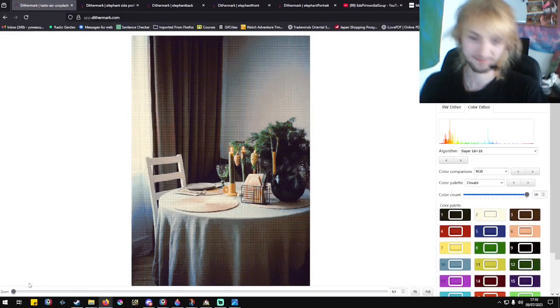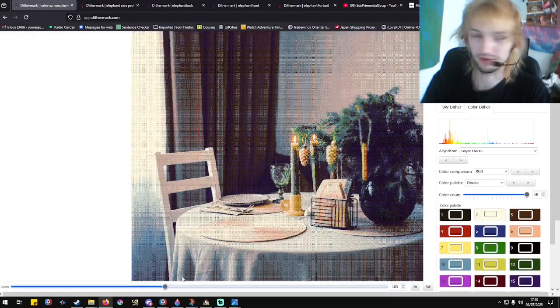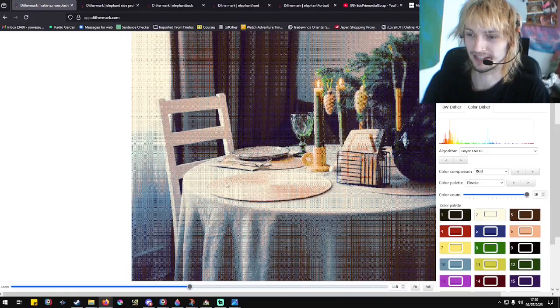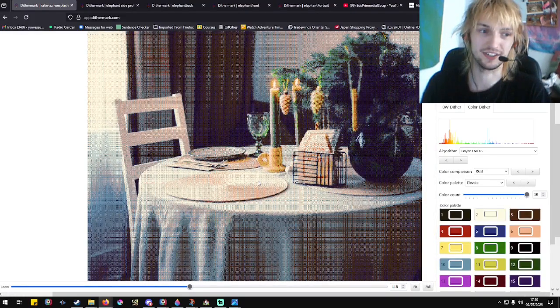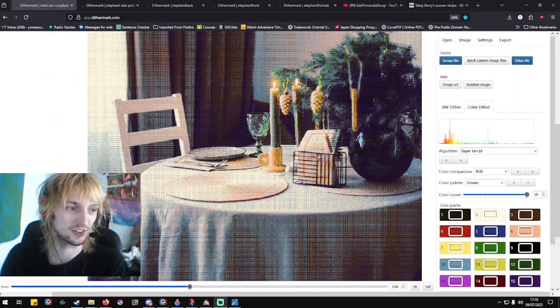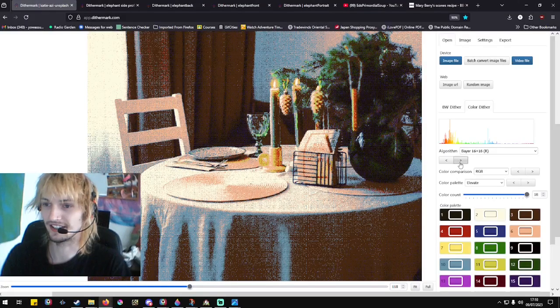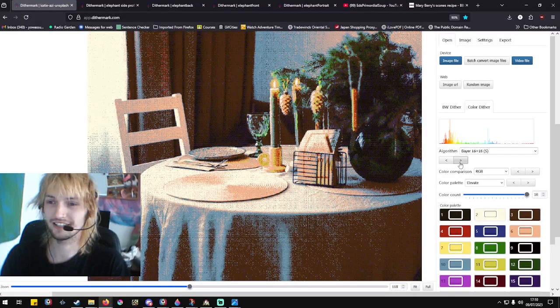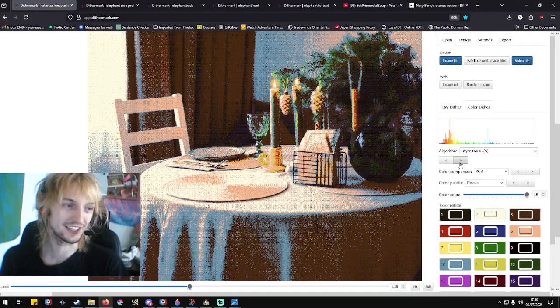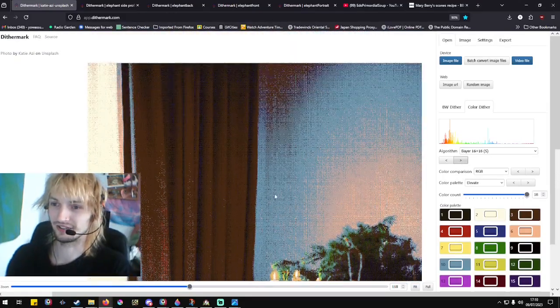Dithermark, which is this web tool. I guess you'd call it a web tool, where you can basically, this is a random image. It's a part of the website. Let me move myself so you can see what's going on. But it's this website, so you can change the dither algorithm. If you don't know what dithering is, maybe Google it, because I'm not going to have time to explain what dithering is, but it's sort of a way of